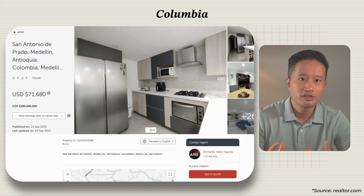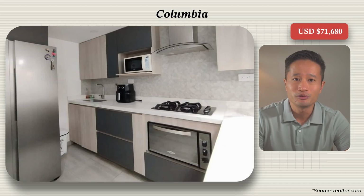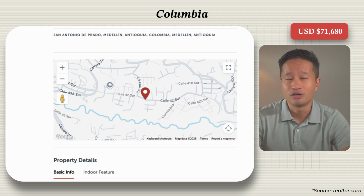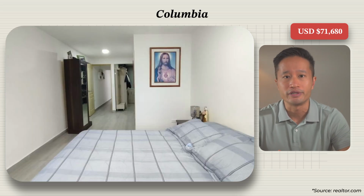Now let's talk about Colombia. In Medellin, there's this spot listed for around $72,000 US. It's a full house with 4 bedrooms and 2 bathrooms, already furnished and around 78 square meters inside, which is quite decent and it looks quite nice. The neighborhood it's located in is called San Antonio de Prado, which is one of those hillside suburbs,